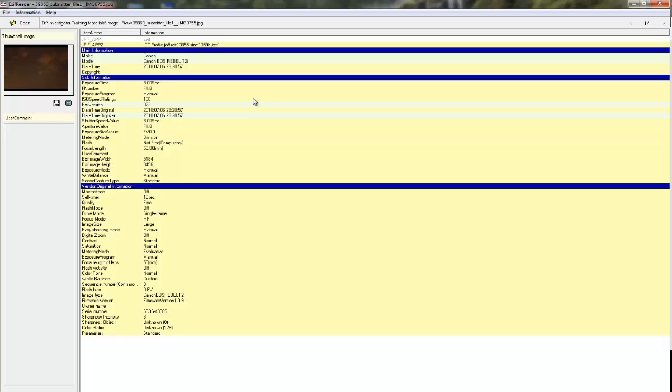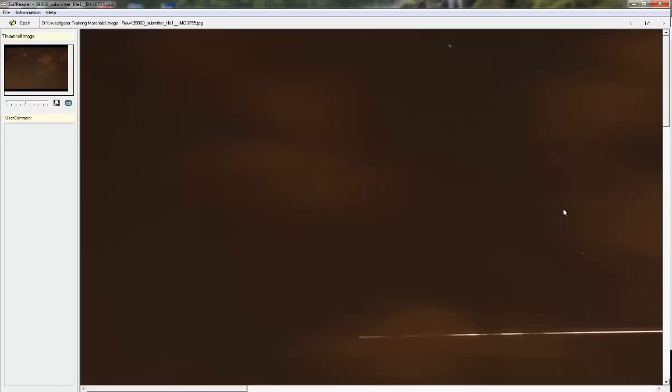I like to look at this before I even begin reviewing the investigation material, and then I make notes off of what I find within the photograph. This can be used to go back to compare to the actual CMS report. When I open this one up, it shows a very small thumbnail image of the photograph up here, of which I can either save information, save the thumbnail, or if I click on View Image, this shows the original image